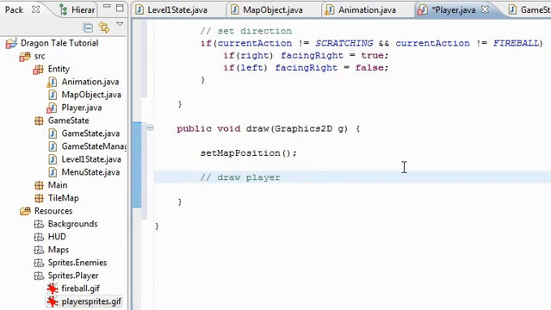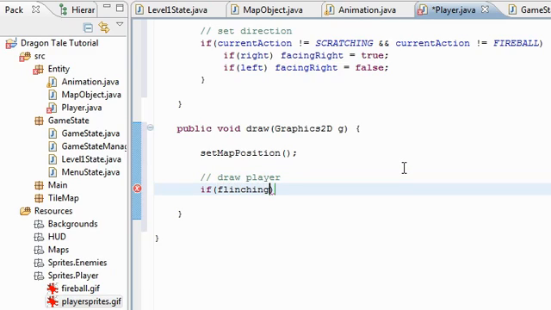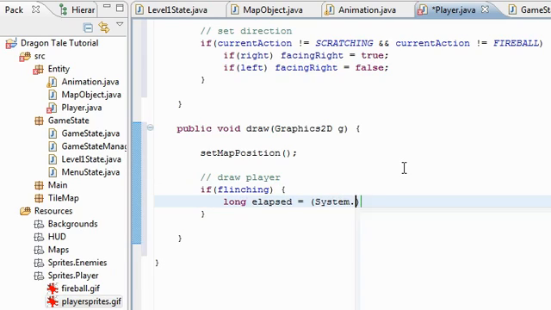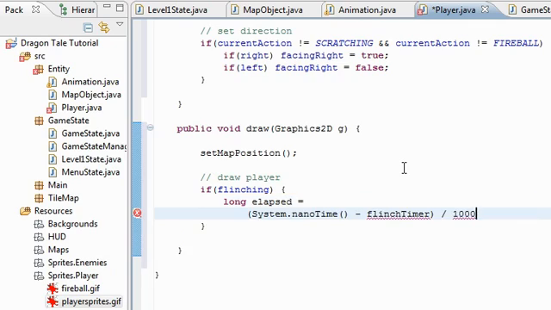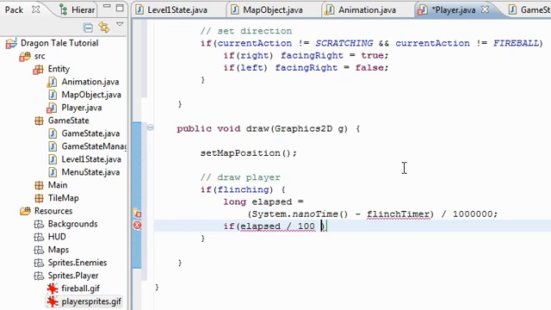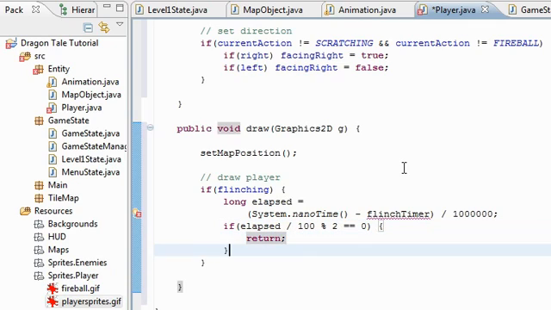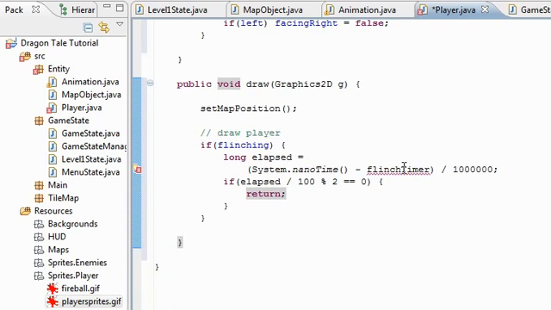Oh, right, I have this flinching sort of mechanic where if you get hit, you're going to start blinking. So that will determine whether or not you get drawn. So if we're flinching, I'm going to find out how long has gone by since flinching, flinch timer, and get that in milliseconds here, divided by 1,000,000. And I'm going to do if elapsed divided by 100, mod 2 is equal to 0, then return. We're not going to draw the player, and this will give it the appearance of blinking